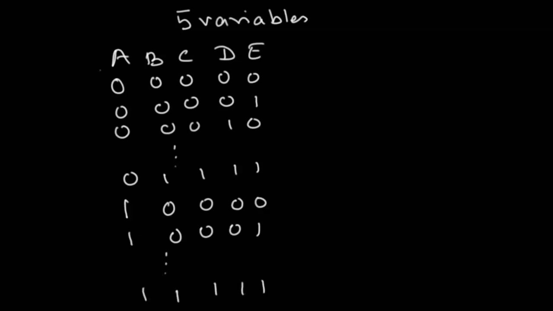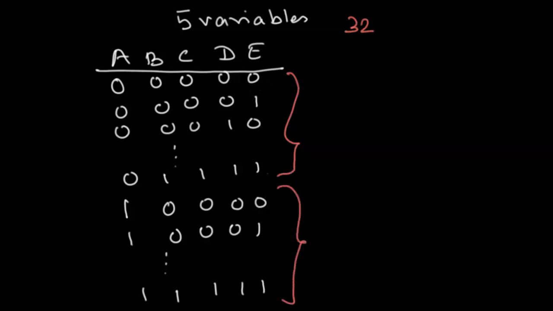So here we can see that my whole combinations, that is the 32 combinations, are split into 2 combinations of 16 each. So in this first 16 combination, we have A is equal to 0, and then the variations of B, C, D, E, and then A is equal to 1, and again the same combinations of B, C, D, E. So this will actually help us form 2 different kinds of our K-map of 4 variables each,